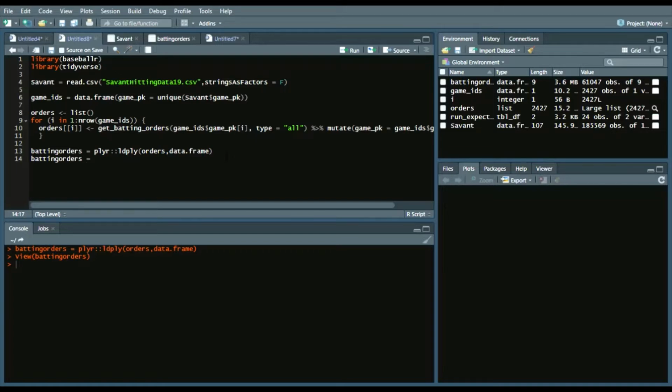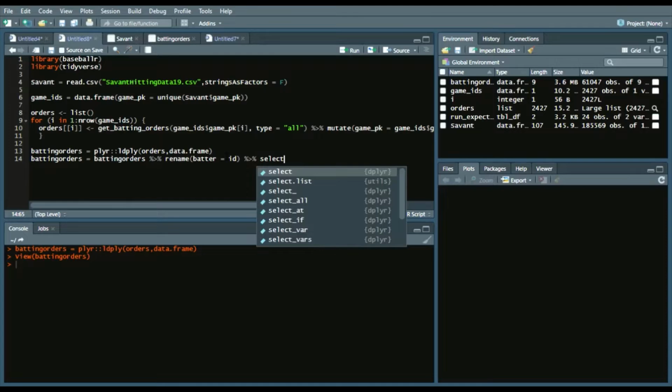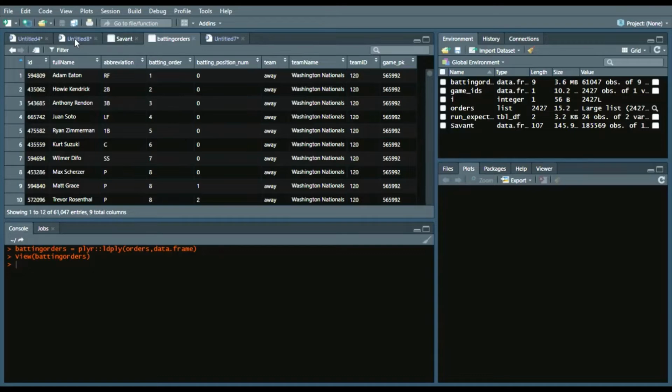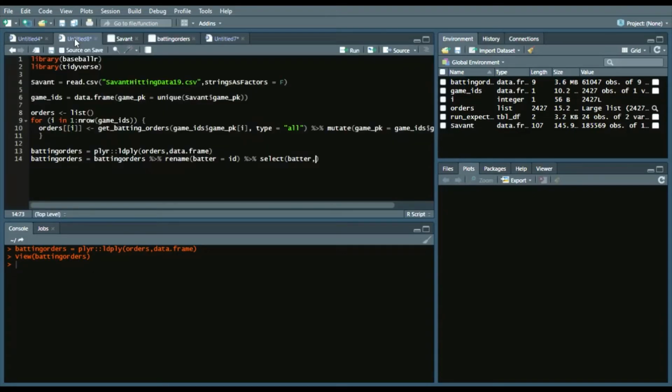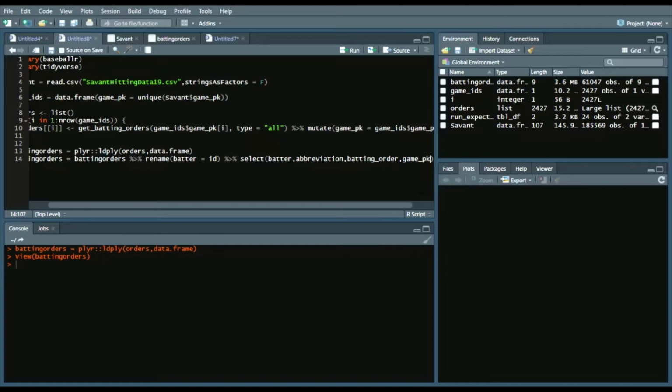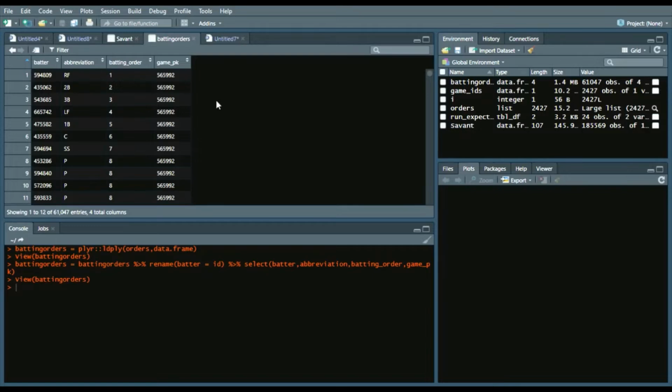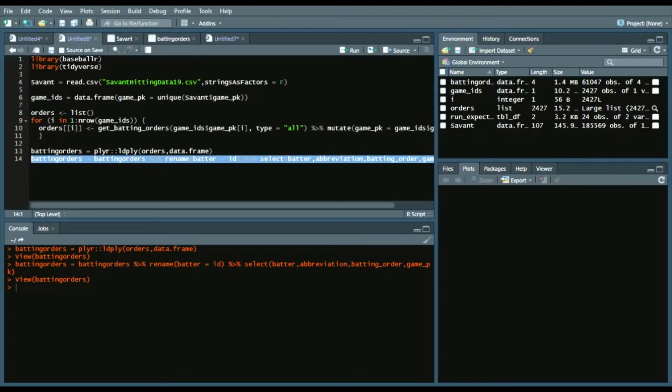batting orders again, and that piping operator, rename batter equals ID. And then, again, solely up to you, but I will select batter, abbreviation, batting order, and then game pack. So then we'll run this, and now we have a broken down subset of that data,